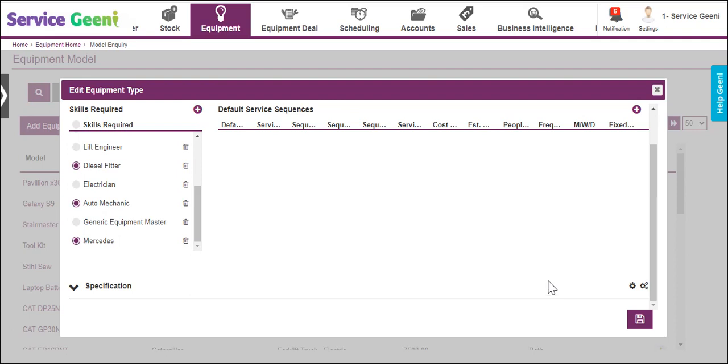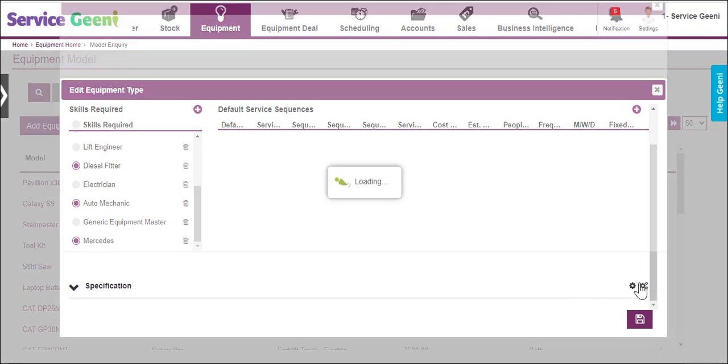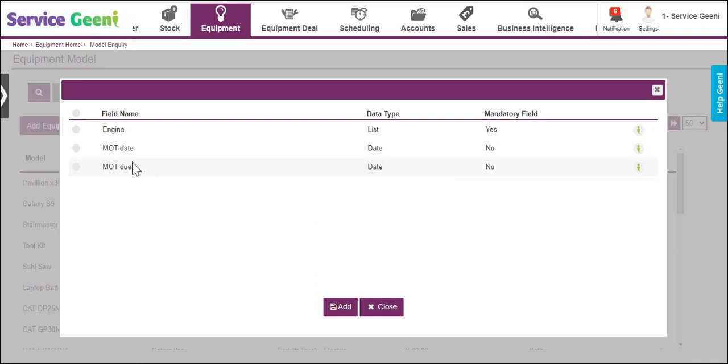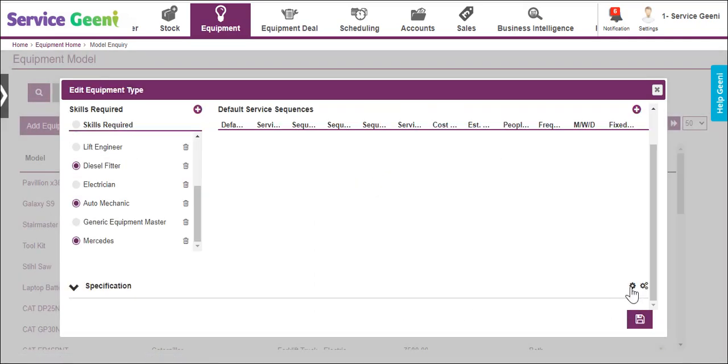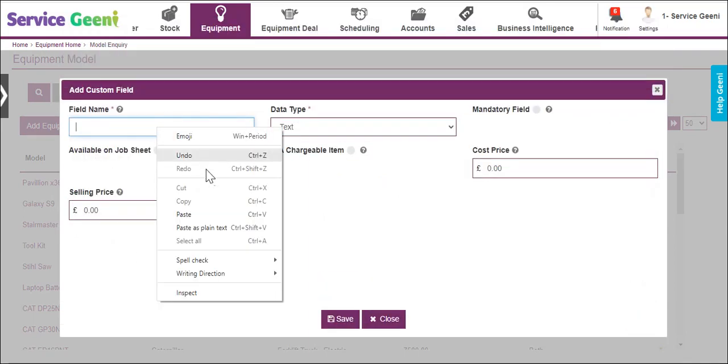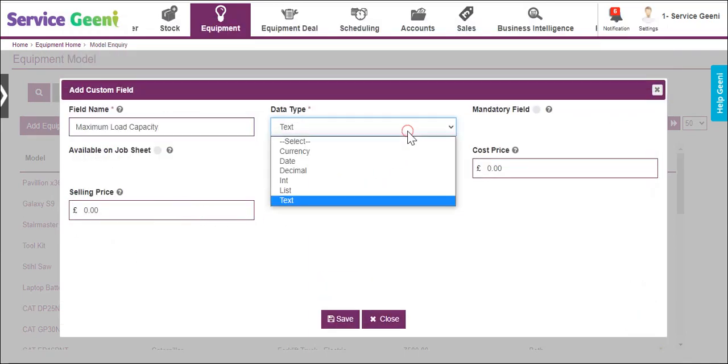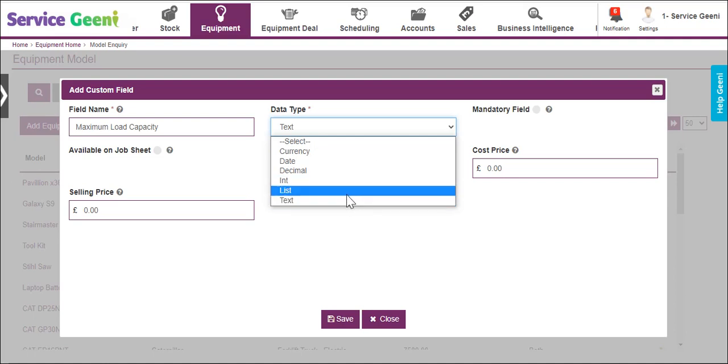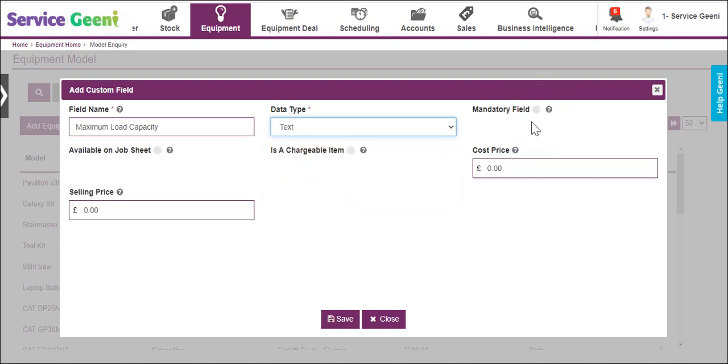The icons to the right allow you to add the fields, and you can add from the existing list of custom fields, or you can create a new one. When creating a new one, give the field a name. Choose the data entry type that you want to capture, and then set if this is a mandatory field or not. Tick the box to make this information available on the job sheet, and then tick here if this is